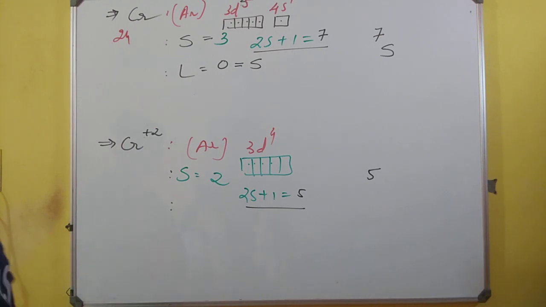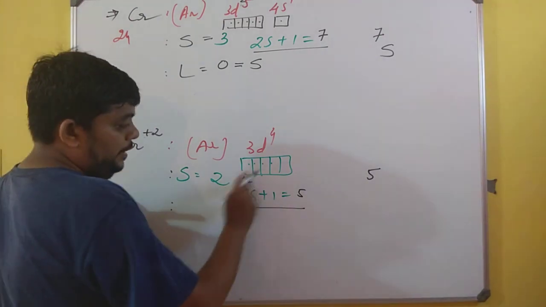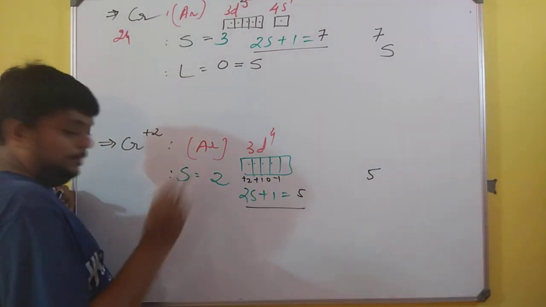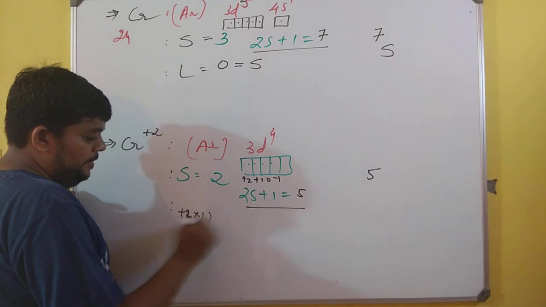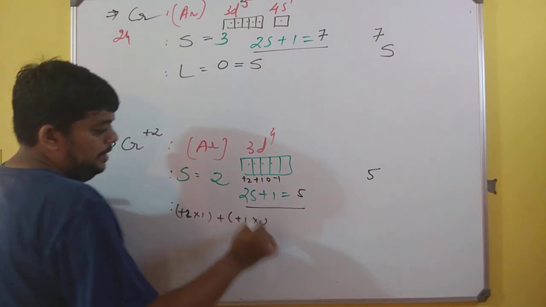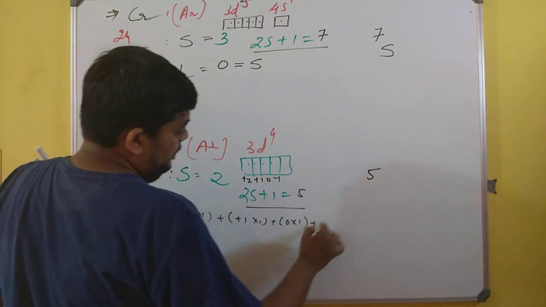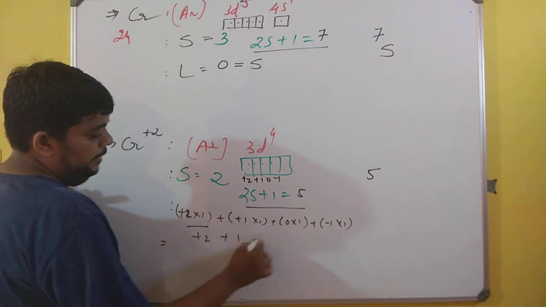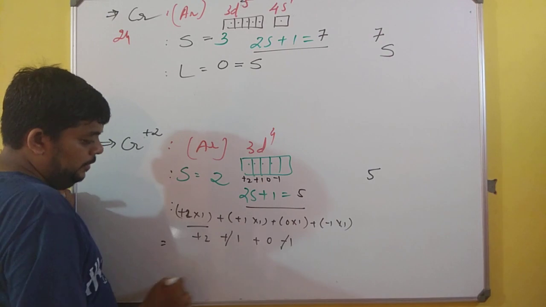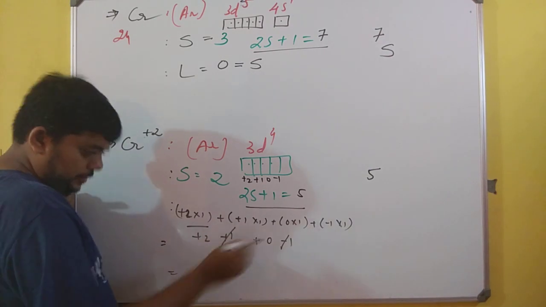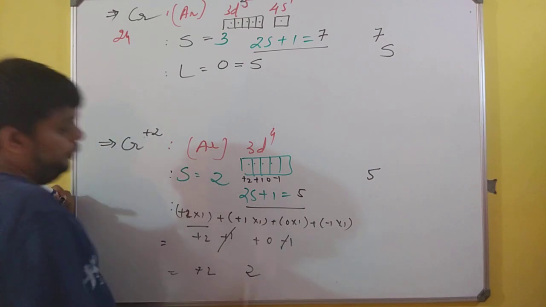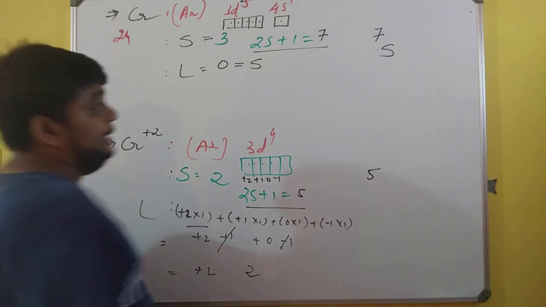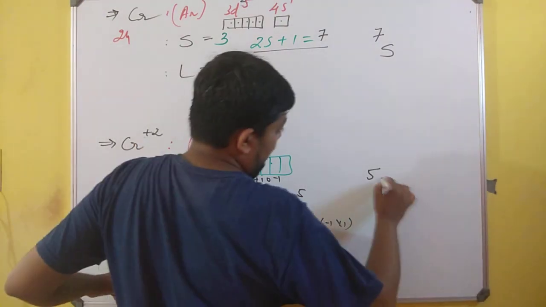Now there will be a change. Be very alert. Over here, plus 2 into 1, plus 1 into 1, 0 into 1, minus 1 into 1. See what is happening. This is important. Plus 2 into 1, plus 1 into 1, 0 into 1, minus 1 into 1. Technically speaking, it is very easy to remember. This 2 will go. Sorry, I have to write it over here. This is gone. So I'm ending with 2. So when the value of L corresponds to 2, it is D. So over here I am getting 5D.